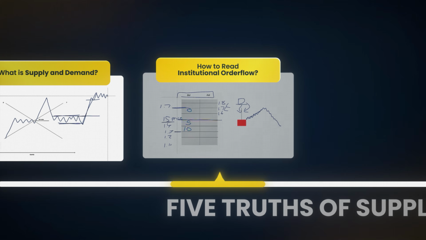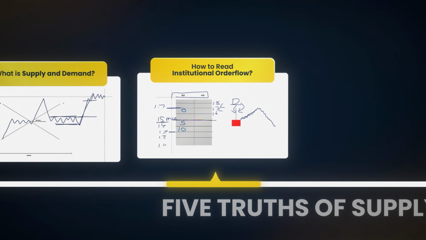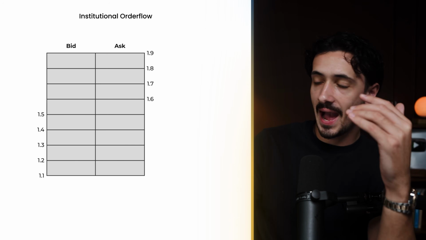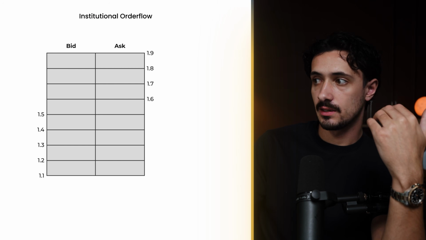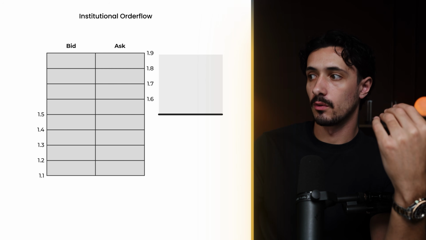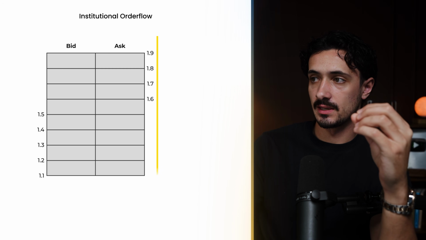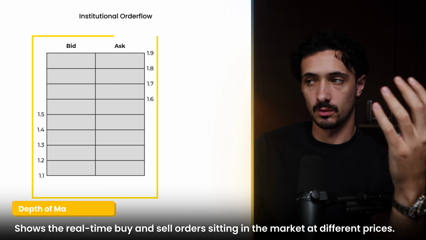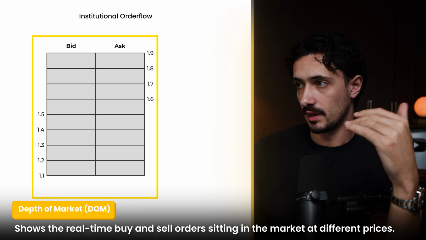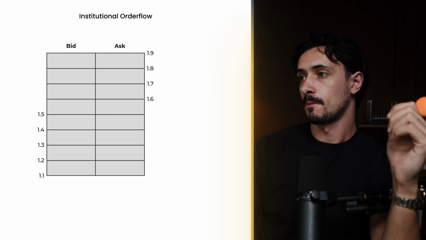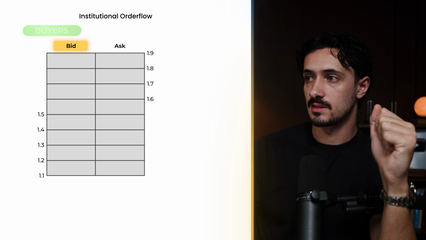So now we're going to be looking at institutional order flow, right? This is how a market actually works behind your candlesticks. So this is what the order book actually looks like. When you see a candlestick going up or a candlestick going down, beneath this candlestick is this, right? Which is what we call the depth of market or the order flow, whatever you want to refer to it as. In the order book, we have the bid, which is the buyers, and we have the ask, which is